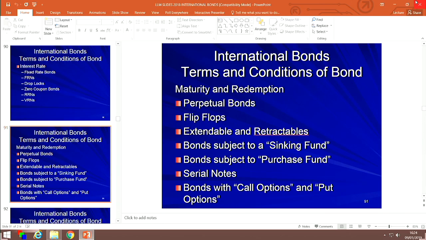That's an extendable. It's simply a clause which gives the issuer the right to extend the life of the bond for an additional period of time, usually 1 or 2 years or sometimes 3 years. It's an extendable. Yeah? Would it be? Absolutely. The bond terms in every way continue, it's simply a right to extend the life of the bond. That's all it is. And the retractable is the exact opposite.